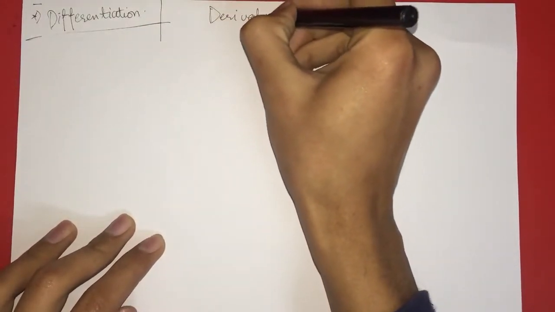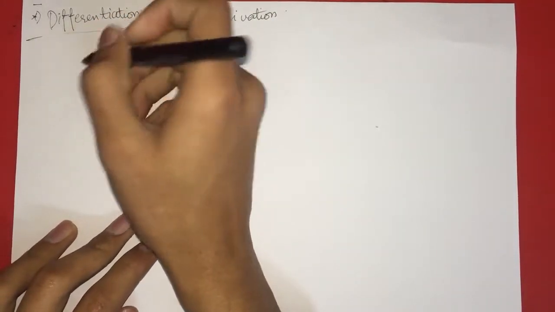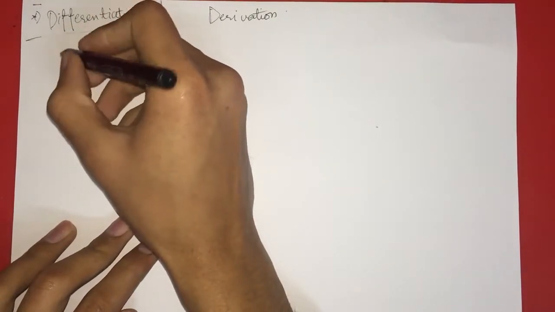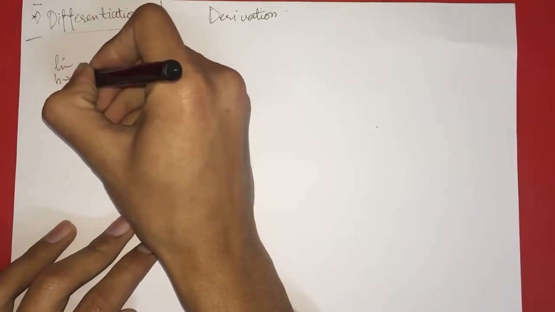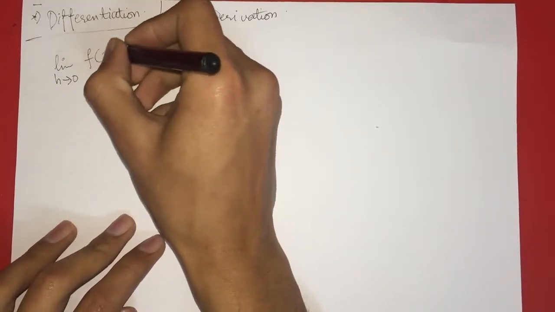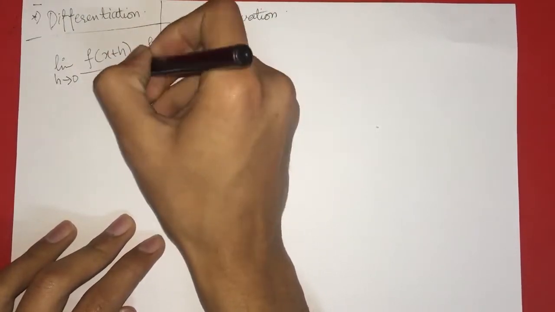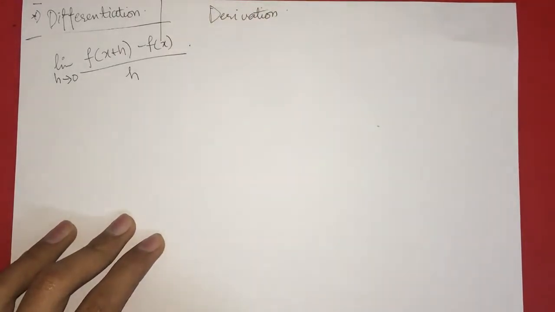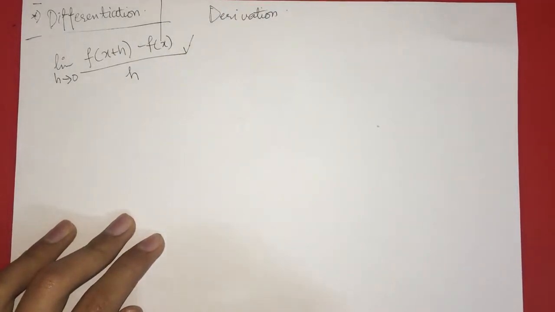One formula for finding the derivative is that you take the limit as h approaches 0 of f of x plus h minus f of x, divided by h. So this is the formal, or normal, definition of a derivative, the formula you can use to find the derivative of functions. But